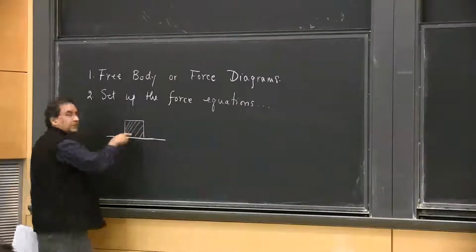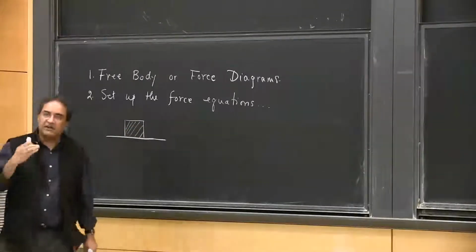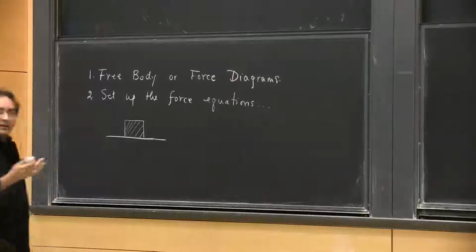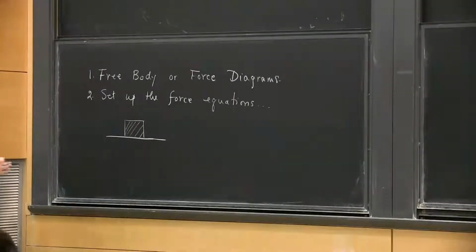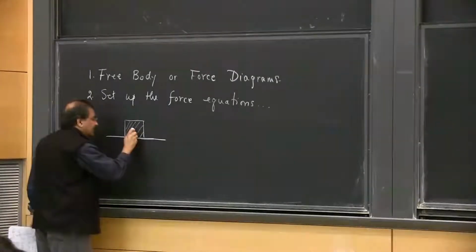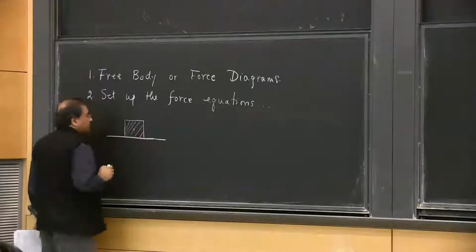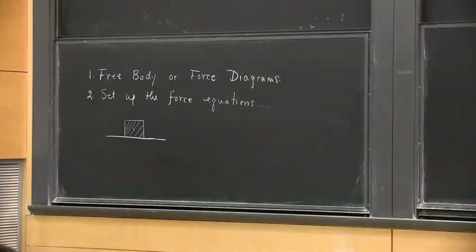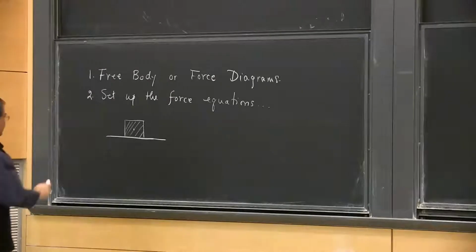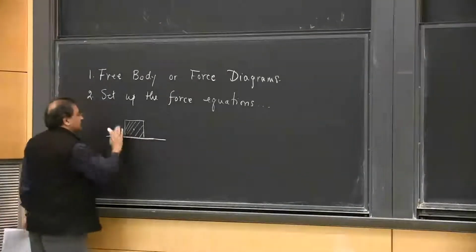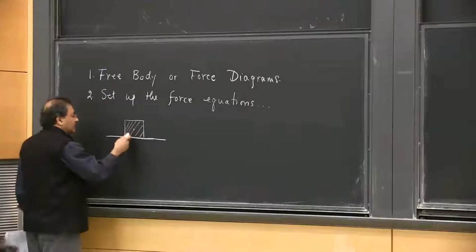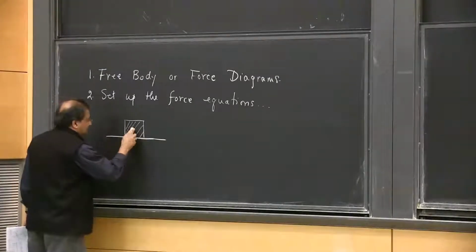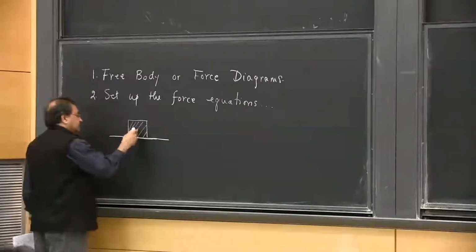For practical purposes, although we will define these issues much later, we'll think about the mass as being concentrated entirely at the geometric center of this object. It's called center of mass, but we'll come to a more proper definition later. We don't need it now. So as far as you are concerned, this block has a mass, and we can imagine that the mass is concentrated at the center only,